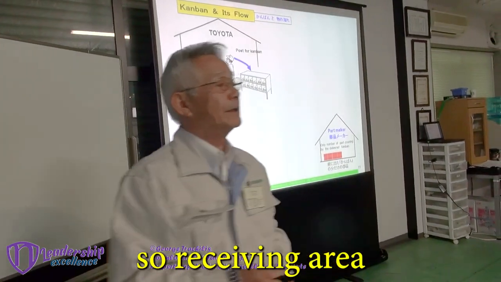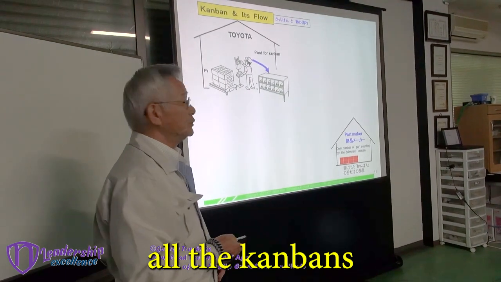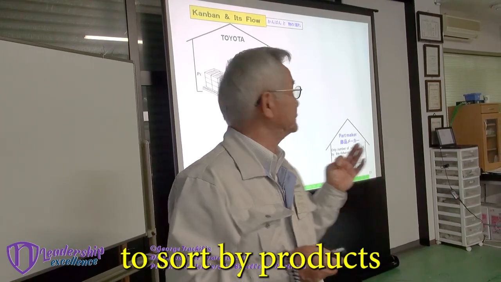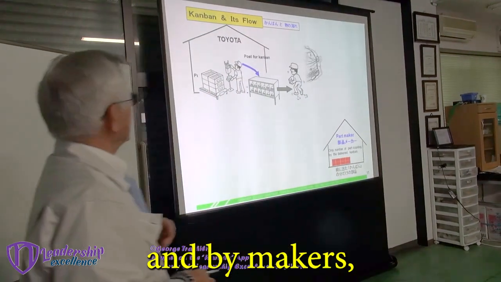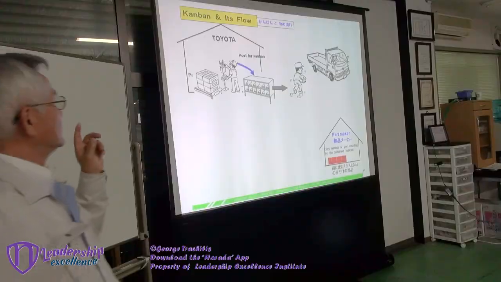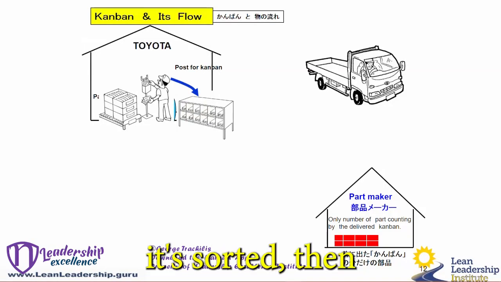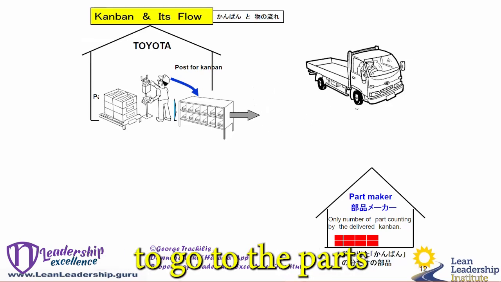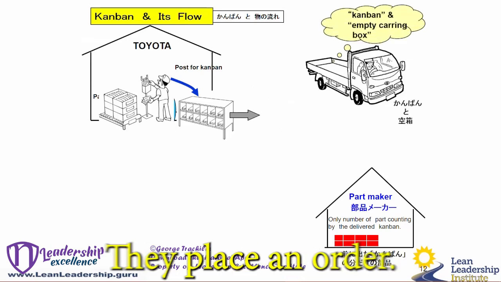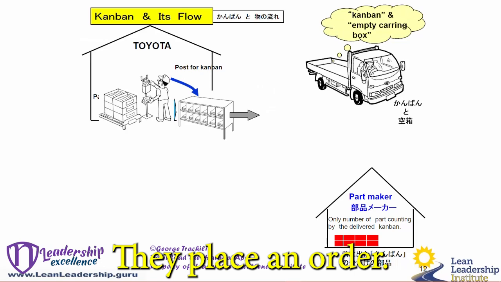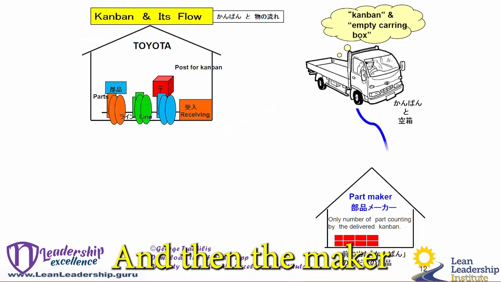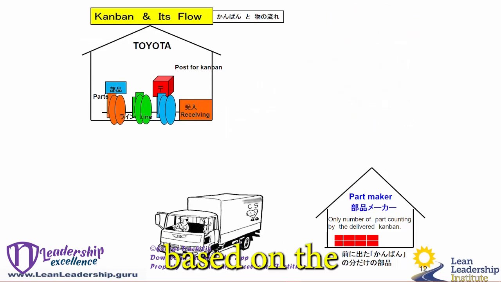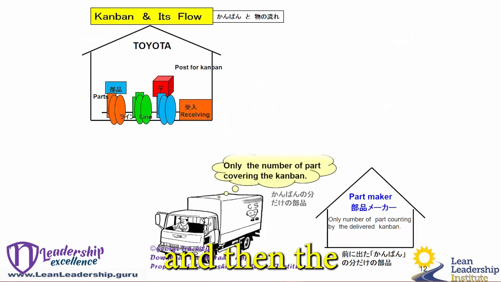And then in the receiving area, they collect all the Kanbans from different places. And then they use a sorter to sort by products and by makers, by suppliers. And then after it's sorted, they will send the Kanbans and also the empty boxes to the parts maker and place an order, and then the maker provides the parts based on the previous Kanban, and then the truck